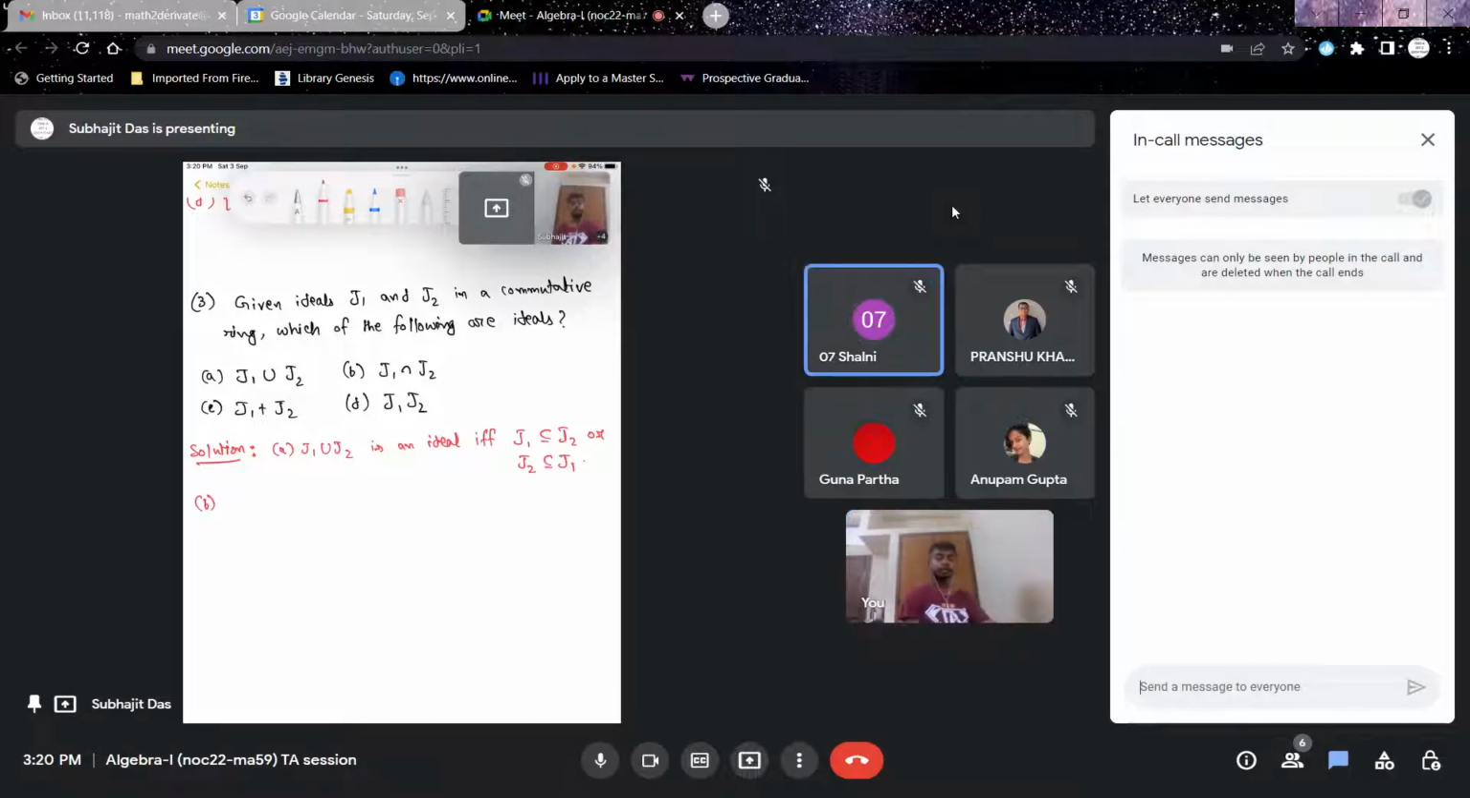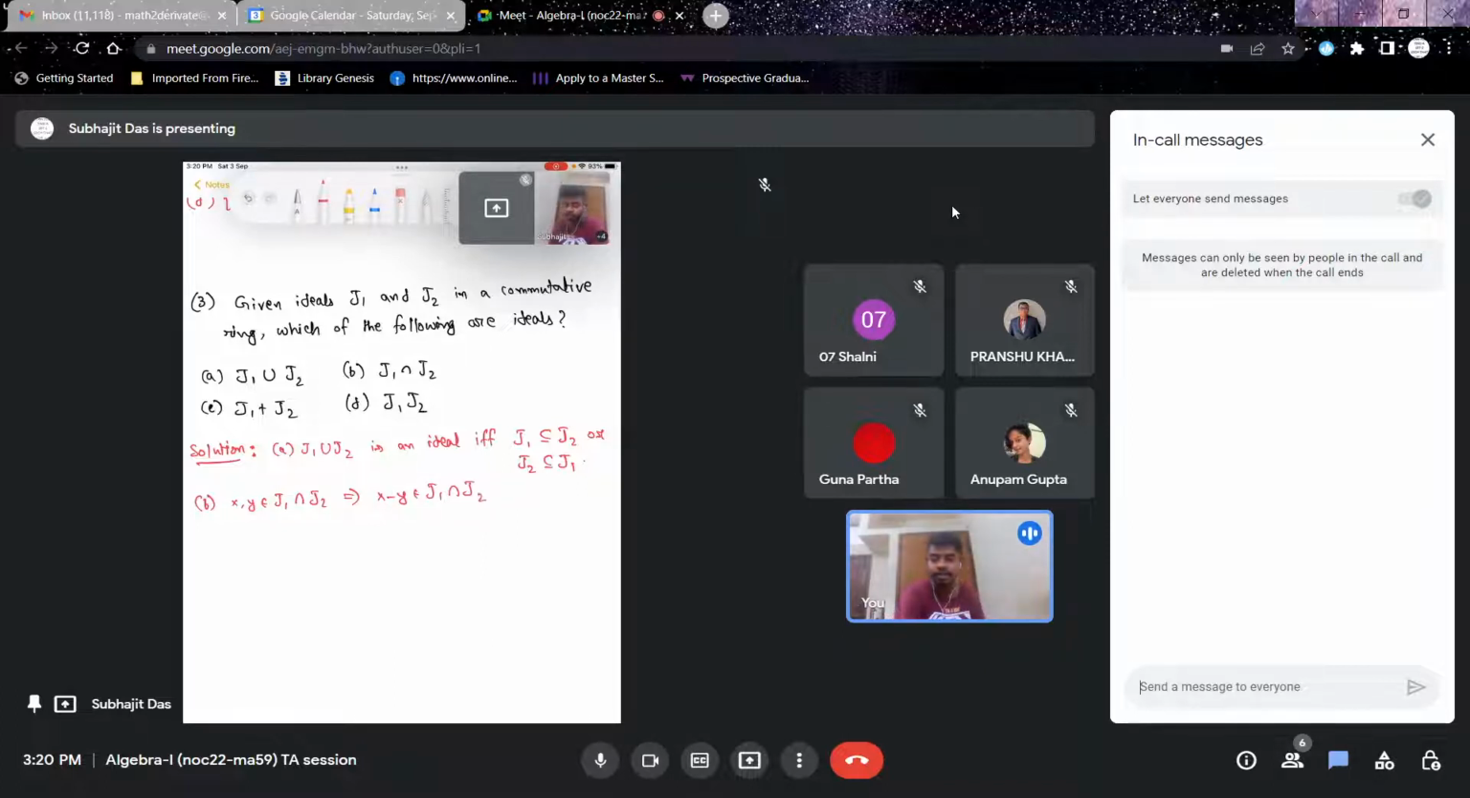Yes, sir. It will be, right? So a small, let's just check it quickly. Assume x and y are in J1 intersection J2. This implies that x minus y is in J1 intersection J2,